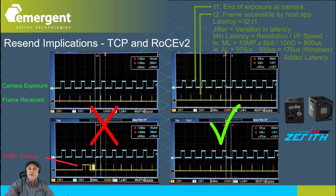What we see here are actual tests run with an Emergent 100 GigE HZ10000G camera, where we have one oscilloscope channel sampling the exposure signal directly at the camera, and the other channel is sampling a signal from the application, indicating when the image is received and accessible in the host application. We note that with a finely tuned zero-copy system, there is no buffer backup and no need for crippling